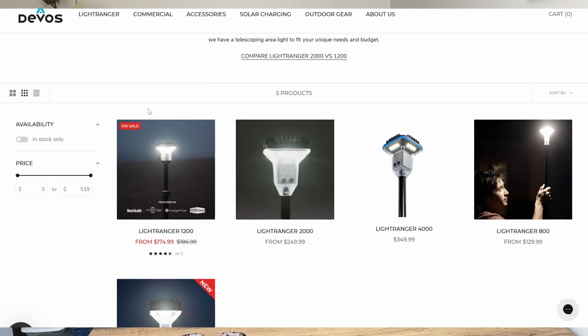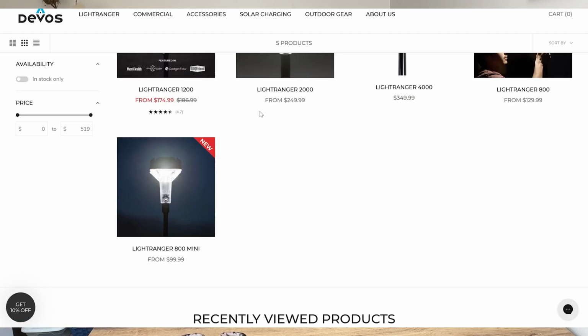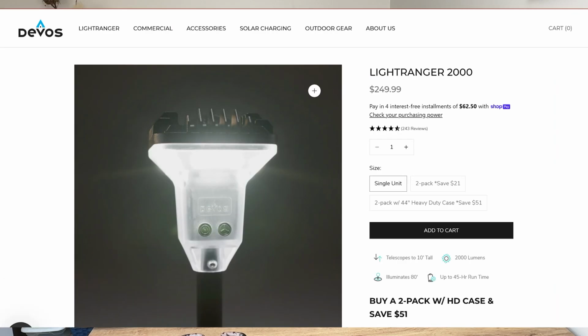In 2024, Devos Outdoor came out with the LightRanger 2000. At first glance, it looks like their other light, the 1200. Maybe it's just a more powerful lumen. I don't know, but I wasn't really that interested when I first saw this. And again, it kept coming up in my newsfeed and across my platforms. Upon further research, though, I realized that it does have some new features that might be beneficial for someone like me,